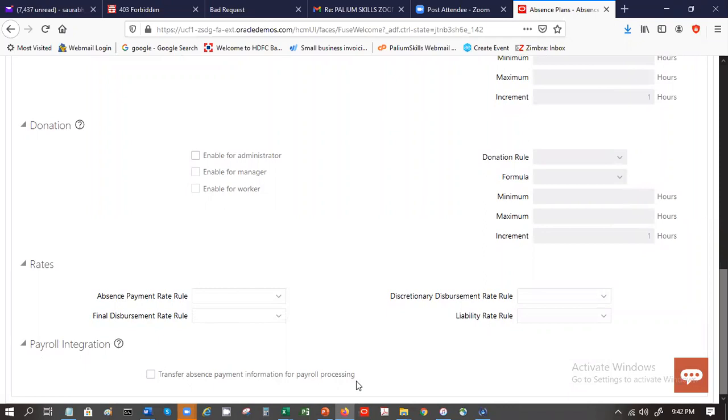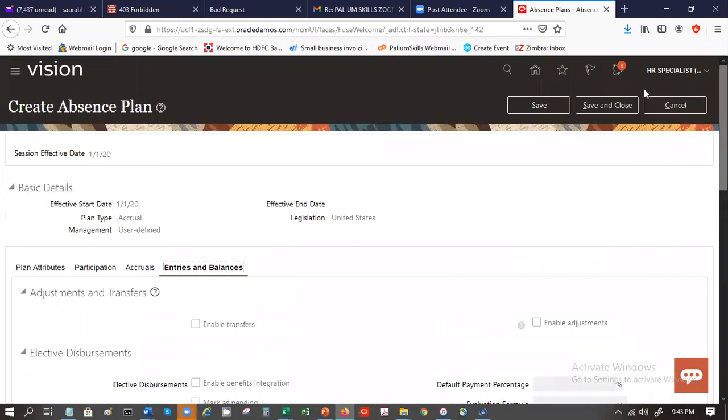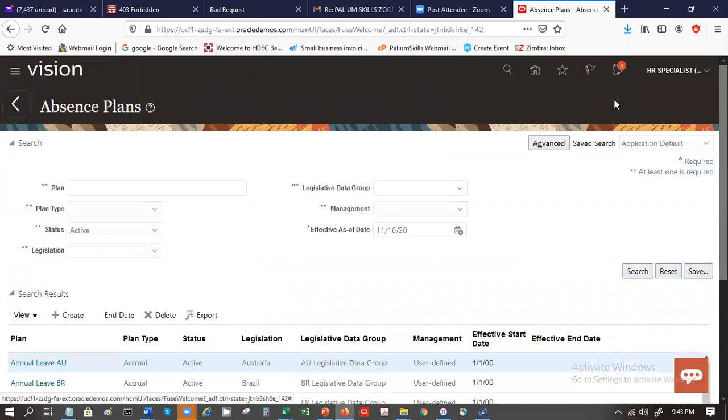So if someone has taken more days of leave, you might have a policy where you will immediately deduct it, and subsequently he can accrue, that's fine. Or when he's leaving, you may deduct it. And then different rules, like unpaid leave: for those you might enable, for the others you will not enable, and so on. Okay. So this is the absence plan that we have created. Now against this plan, we will next create an absence type.